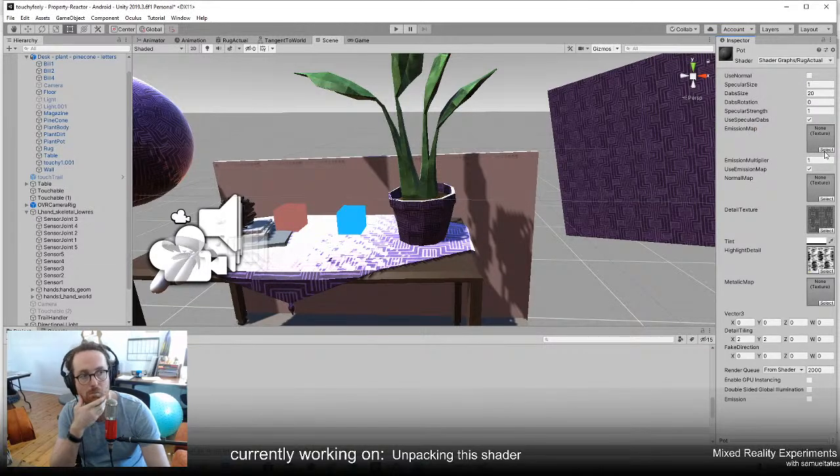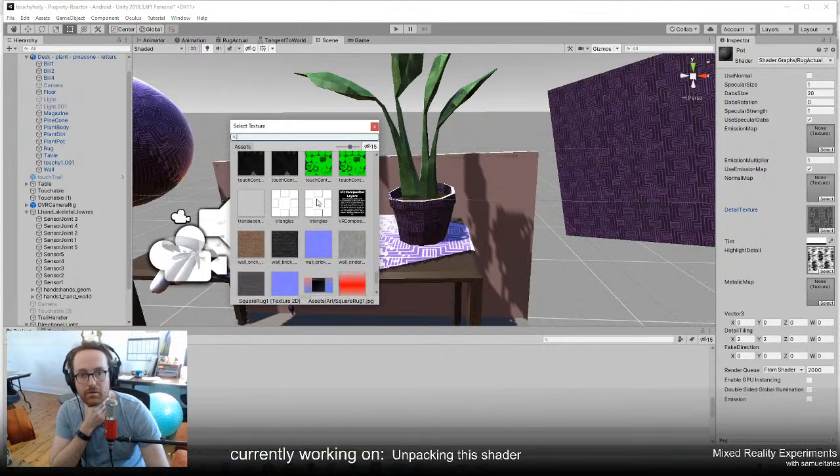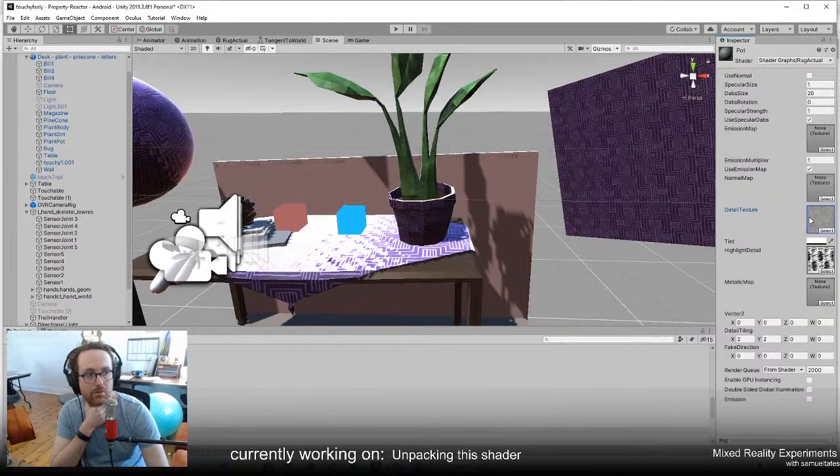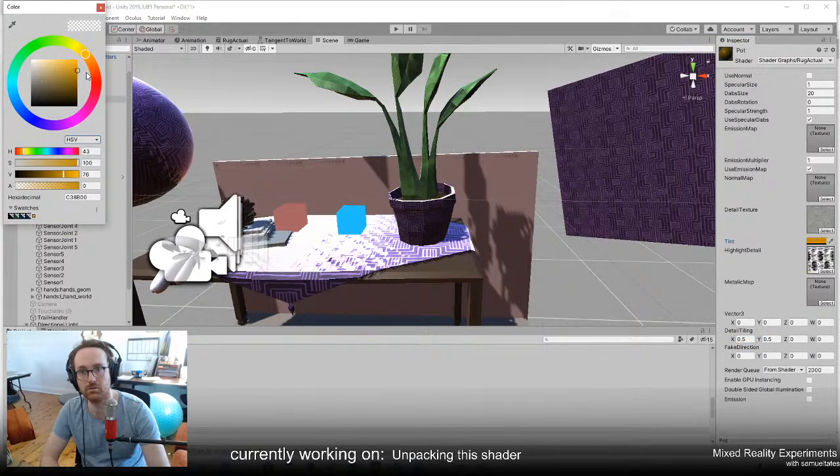See, nothing should be shiny. Shininess 0. Emission map. And detail tiling is like 1.5 maybe, 0.5. Let's just make it orange. Yeah, like